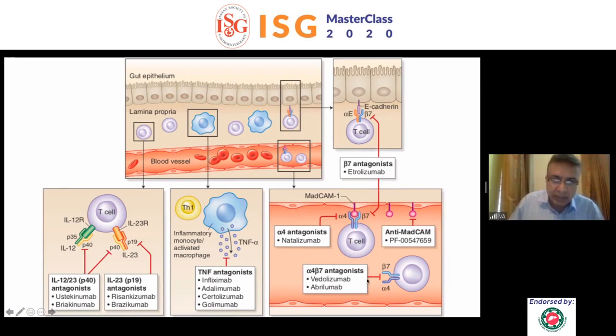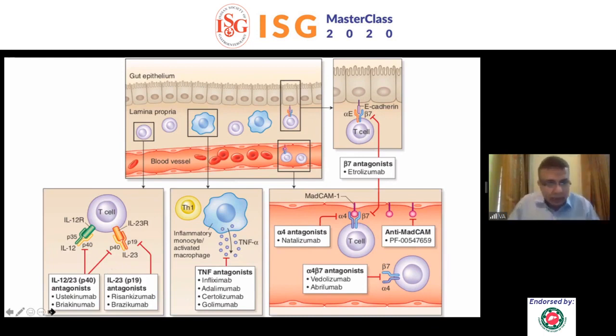So these are known as lymphocyte trafficking inhibitors. And you have a second generation of lymphocyte trafficking inhibitors, where you block beta-7, which also attaches to the epithelial cell; that is known as etrolizumab. You have another class of drugs which is coming up, and it has already got FDA approval. IL-12 and IL-23 have a common subunit known as p40. So if you have an antibody to this, you are blocking the Th1 pathway as well as the Th17 pathway, and that is ustekinumab or Stelara, becoming a very popular drug. And you have IL-23 or p19 antagonists also. So these are broadly the biologics which are there.